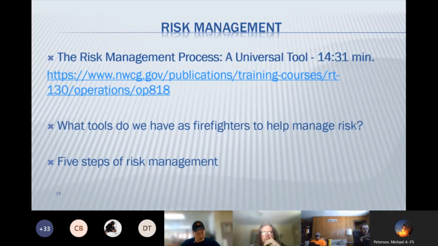And as wind exceeds 10 miles an hour or slope exceeds 20%. So those are some watch outs. And if you need any more information on safety zones, there's updated guidance on the NWCG website for that as well. Kind of just moving through the IRPG.